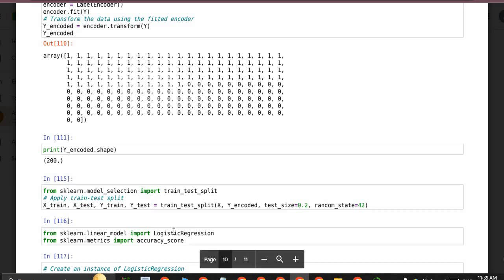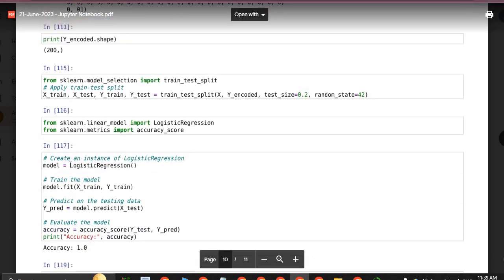We will split our data for training and testing. Now here we will use a logistic regression model from the linear model. We will import logistic regression and we will import accuracy score. After that we will fit the model.